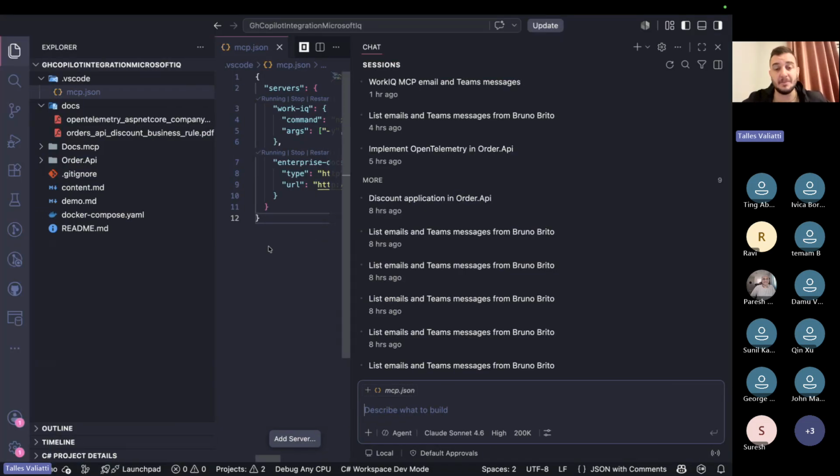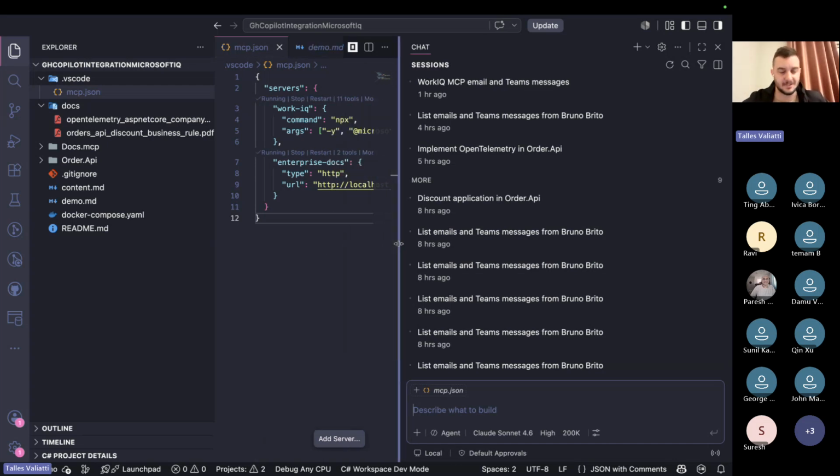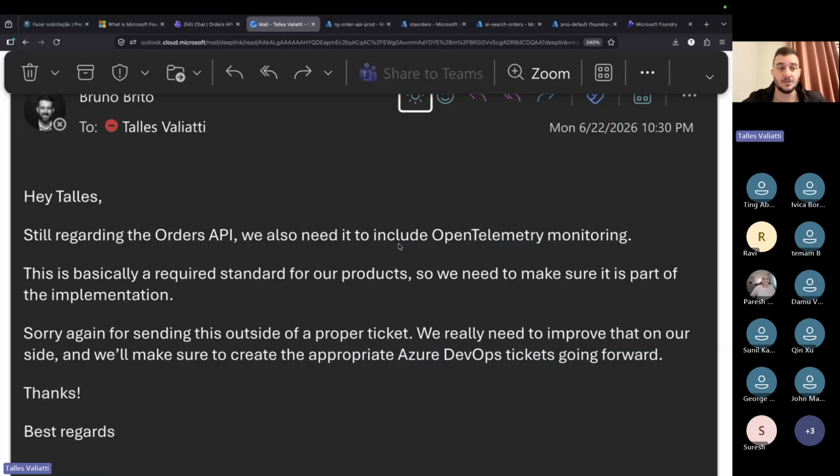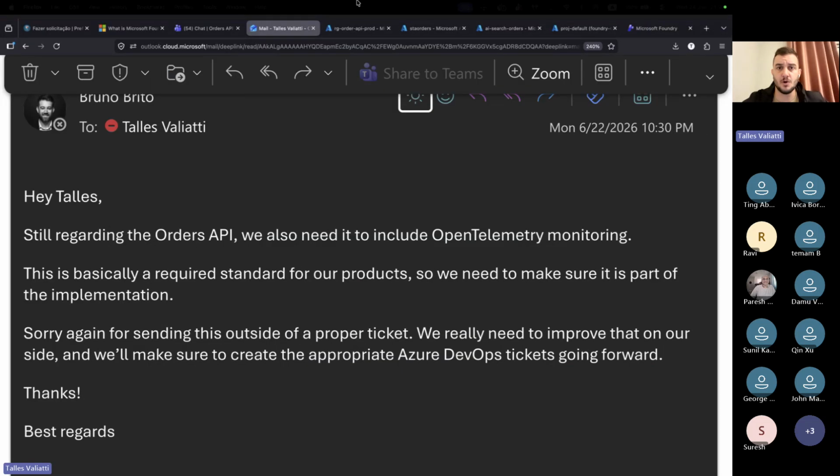Okay, I can implement the discount in several ways. I don't know the business logic behind the discount, and I can also implement OpenTelemetry in several ways as well. But how are we gonna implement that? I know what to do, but I don't know how. We're gonna implement it based on documents that are scoped for my company. So let's go to